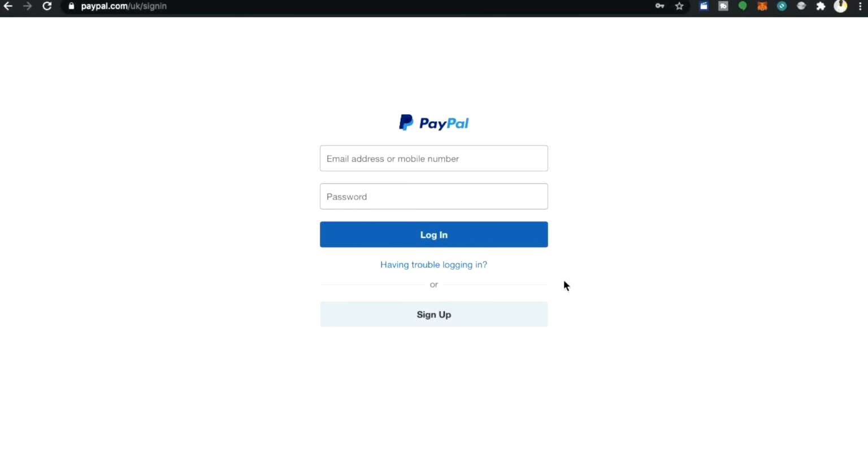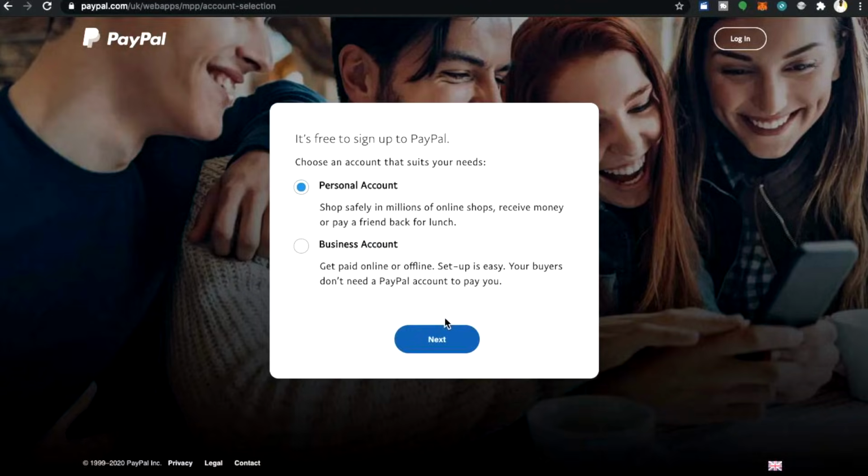So the first thing we're going to do is click the sign up button. At this point, you want to generate a personal account. Business accounts are for businesses, and if you're not sure if you want to generate a business account,